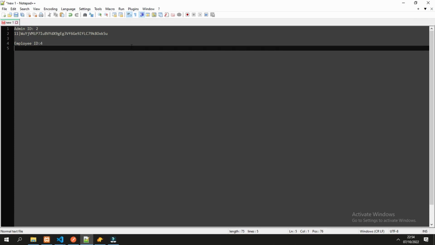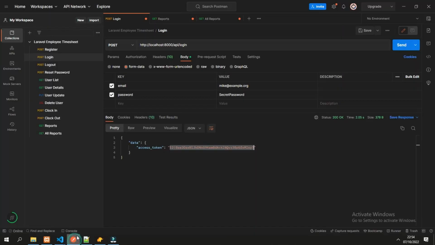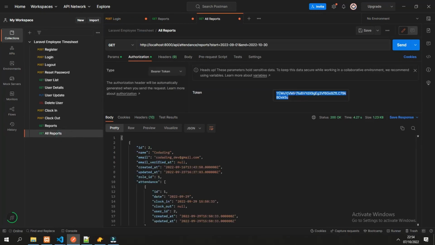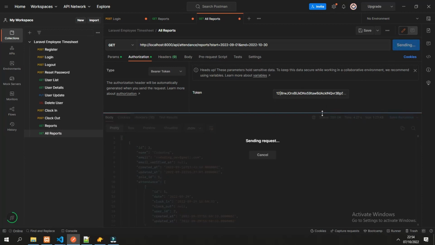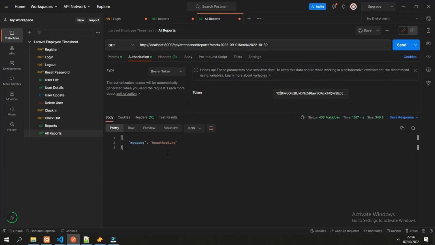ID 4, and let's check again with the new token. It should be forbidden because this token is from the employee account, and that's how we are using the gates in the attendance controller.